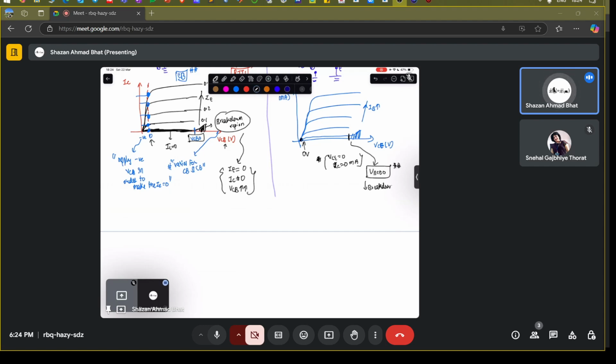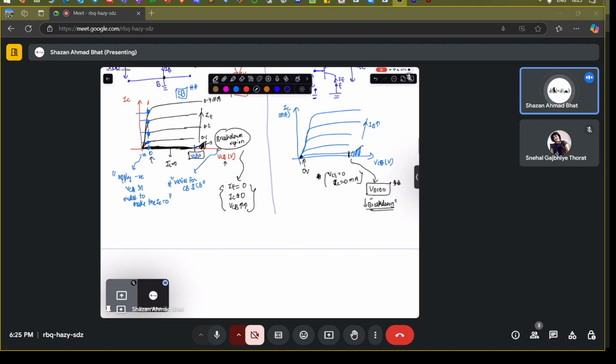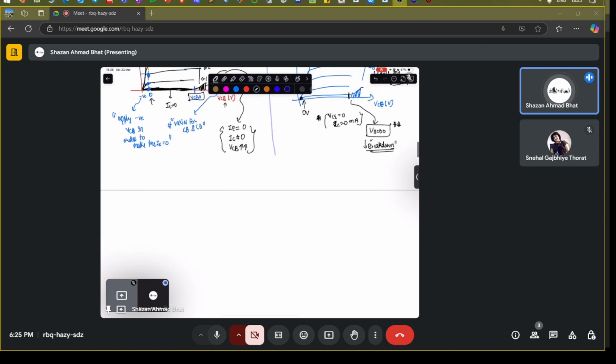So this is just the breakdown voltage, beyond which the current starts to increase even if you have not applied any input currents, any small injection base current. This is basically a small injection base current. Okay, so now the question is why this happens,